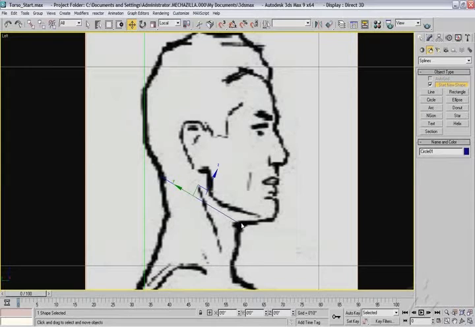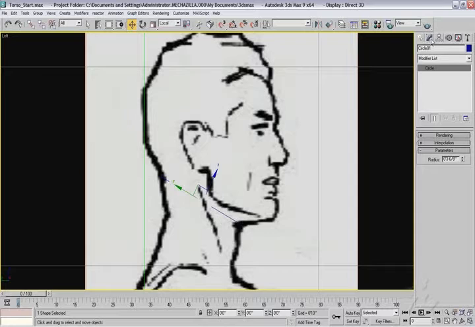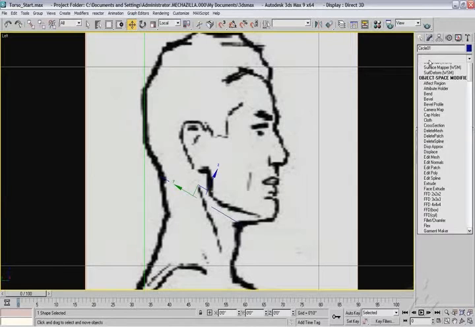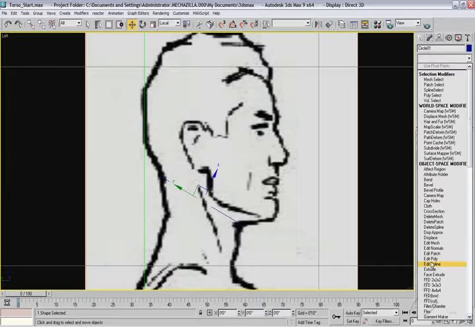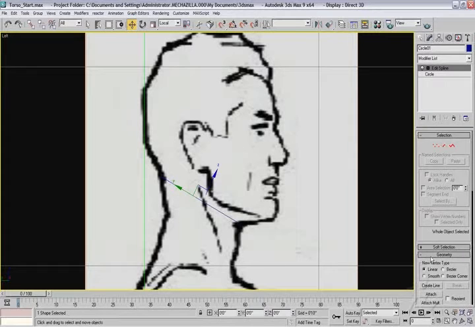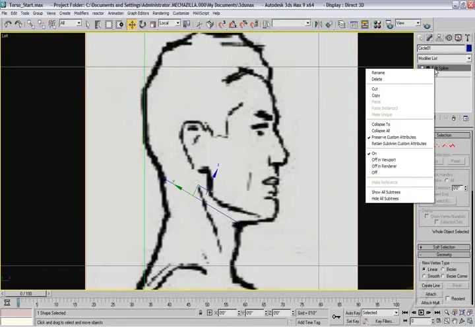Okay, then what we're going to do is make a copy of this. The reason why you want to make a copy of this is so that all the coordinates of the actual splines line up. We can go over to our modifier panel and convert this over to an edit spline, or even use an edit spline modifier, of course. Notice we have an edit spline modifier. I'll just use that for now. Of course, you can right click and turn it into an editable spline by collapsing,